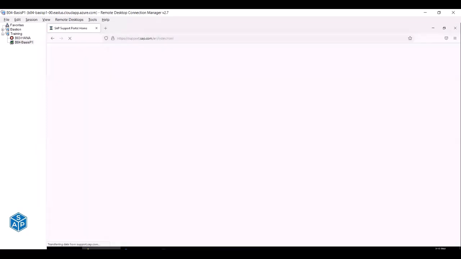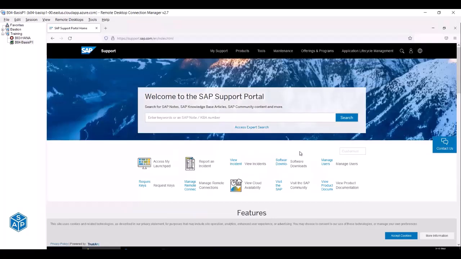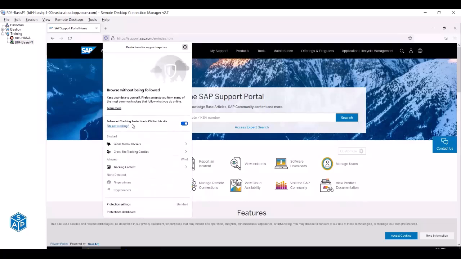support.sap.com. Here also you're not getting any error for the certificate. The reason is that these are all identified, standard websites. They have all made the provision and attached their certificate to the URL. If you look somewhere over here, you will find that the certificate for this URL is already provided